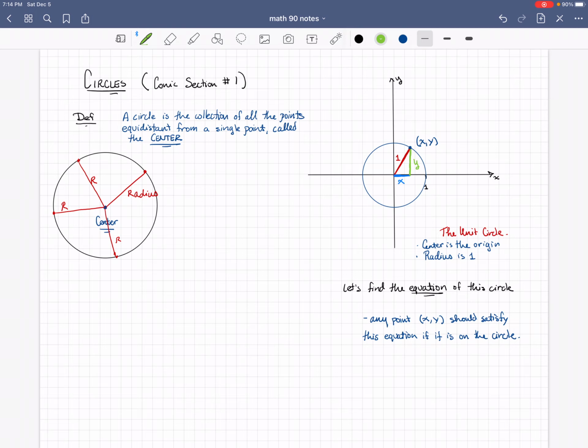And so what we're looking at is a right triangle whose legs are x and y, and whose hypotenuse is 1. And what I want you to notice, and I'm not going to do this because I don't want to clutter my picture, but I encourage you to do it on your own notes or on a different circle if you want. You could do this for any point on the circle. Any point on the circle, you can draw an analogous right triangle. It's going to be a right triangle where the legs are the coordinates of the point, and the hypotenuse is the radius, aka 1. And by the Pythagorean theorem,